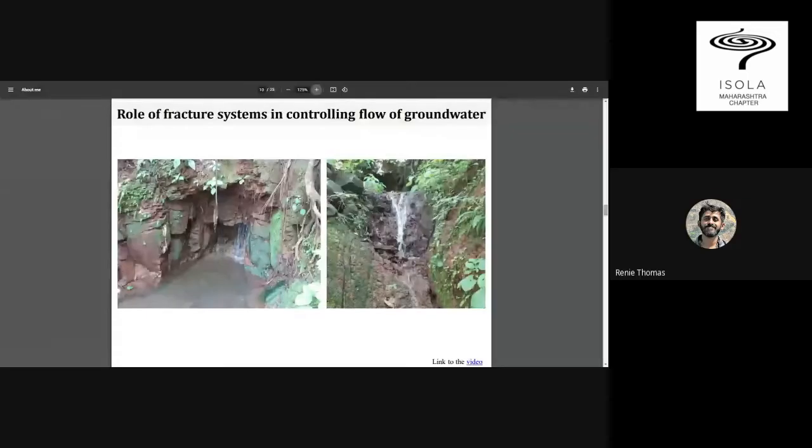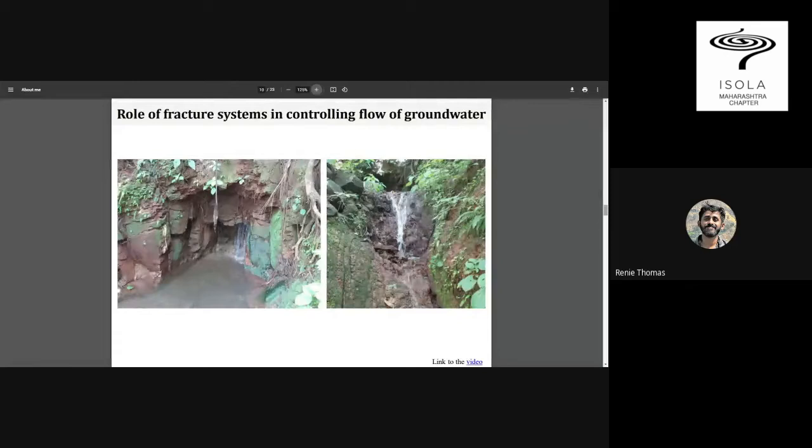The reason I documented this spring site is also to show that when I was panning the video, upstream you can't see any water flow, but it's something which emerges right from the ground. And right here, there are very specific practice systems running through the landscape. And this video was taken during May.